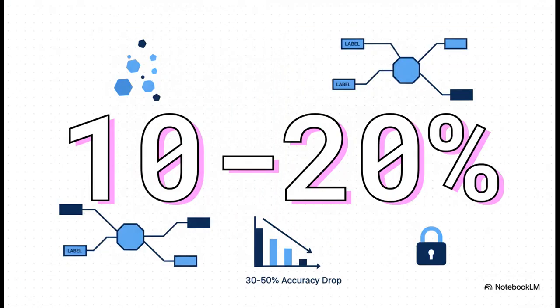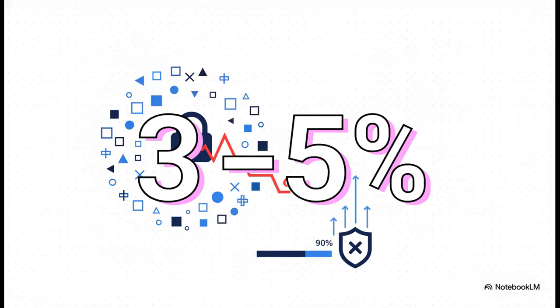Even with that sand in the gears approach, just randomly flipping 10 to 20% of your labels can tank your model's accuracy by 30, even 50%. For most business applications, that's game over. The model is effectively useless. But this is the stat that should really get your attention. A targeted attack is ridiculously efficient. An adversary only needs to flip a tiny, almost unnoticeable fraction of the data. We're talking just 3 to 5% of the labels to build a backdoor that works for them over 90% of the time. That's a minimal effort for a massive, reliable vulnerability.